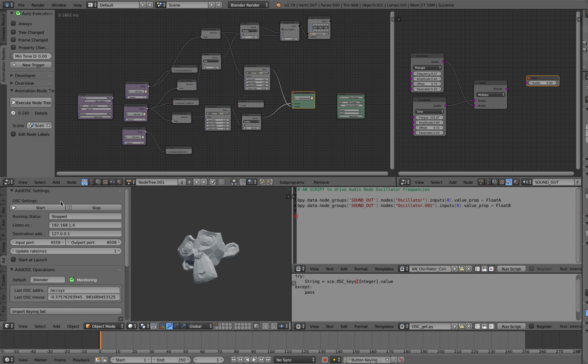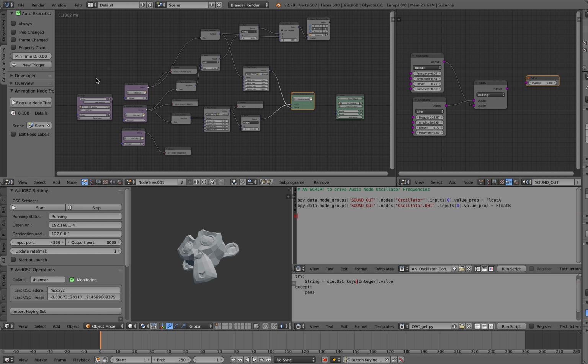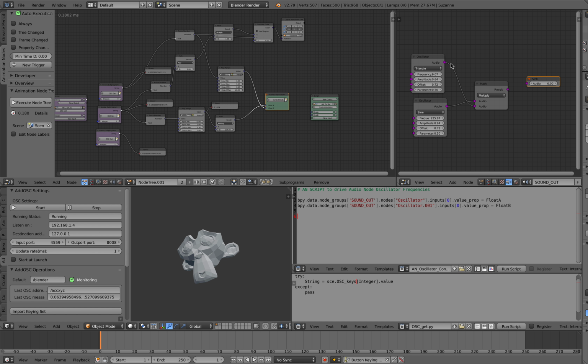Actually, let me turn this on. And yeah, I think it is working. So my iPhone is doing this tilt and rotations, and it's sending it to this OSC inside Blender. And then animation nodes will translate this OSC basically into the audio. So if I turn everything on and plug this,